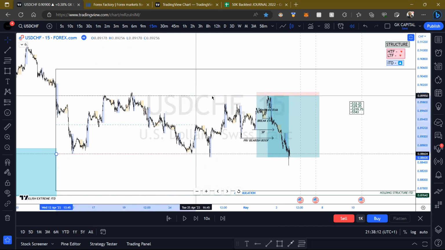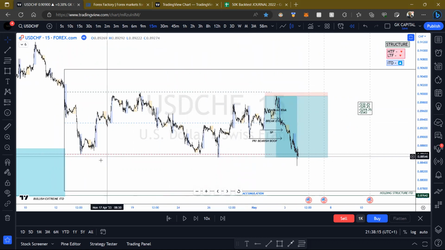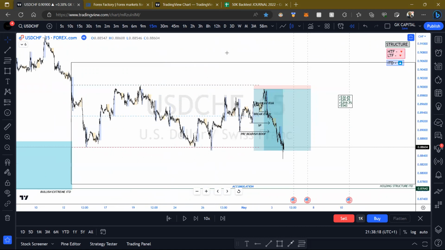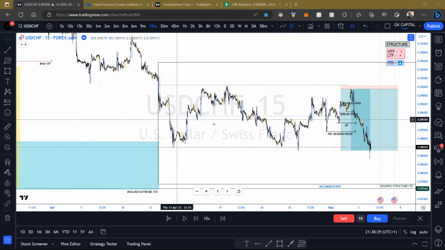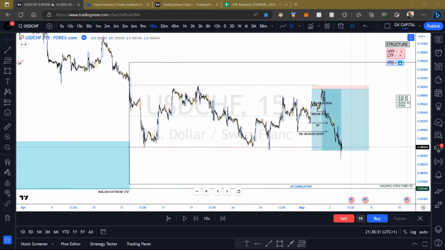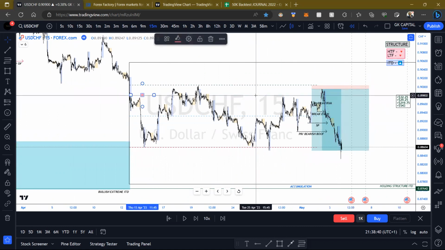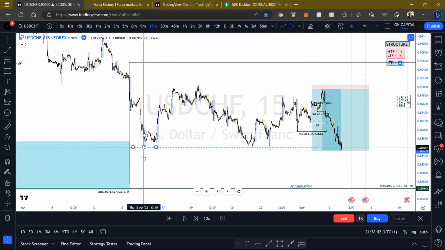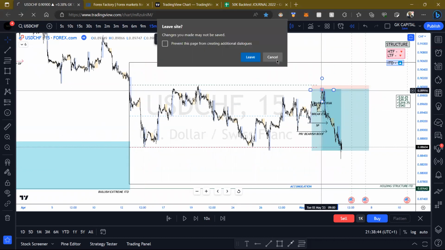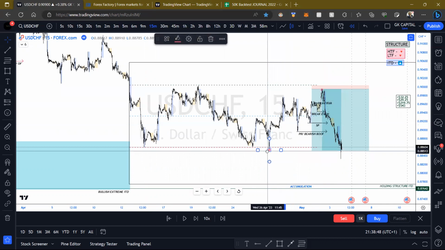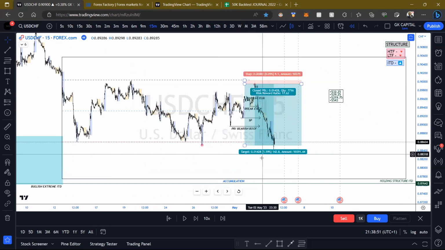Delete that. Okay, so again, in terms of our hedge, this hedge buy, we are getting this one drive, this two drive, and then we'll see what we do here. Do we get this break? This is the major break that I will need. So yeah, this is the major break that we will need. Do we get that?